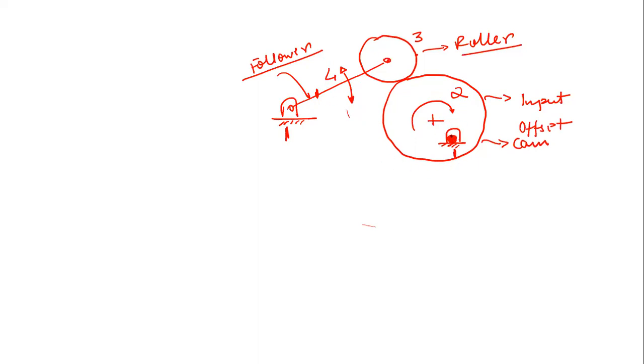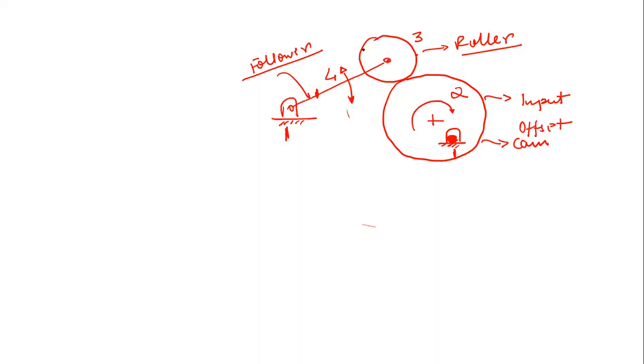So that means the hinge point is here. It is going to rotate around this point, right? So see, when you impart motion to this cam, definitely the motion will be transferred to the follower. In a similar way, when you oscillate this follower, definitely it will cause this input link to rotate around this hinge point, right? Because simply the force, or you can say the pressure, will be transmitted to this. Now coming to this roller.